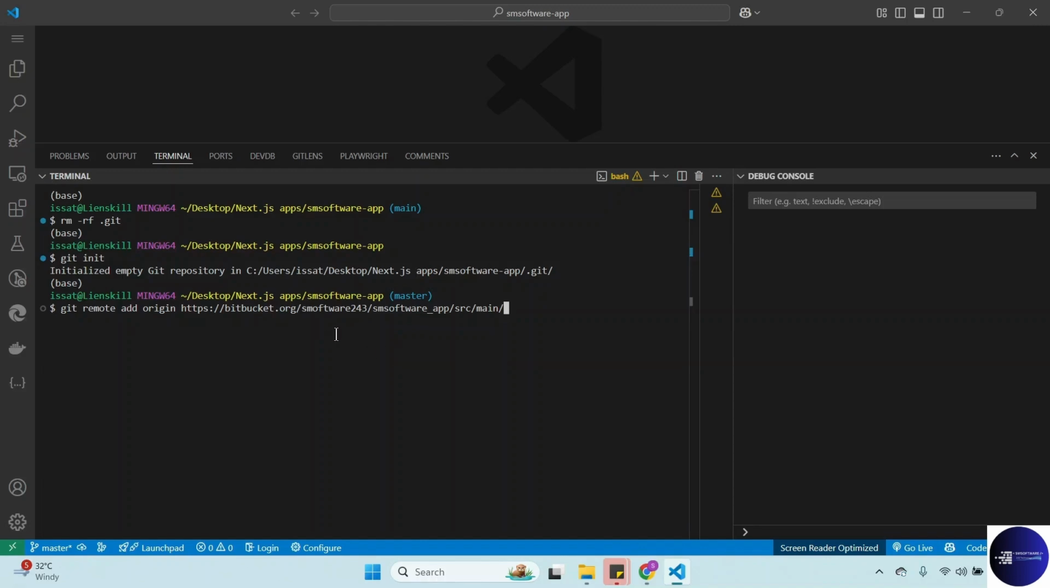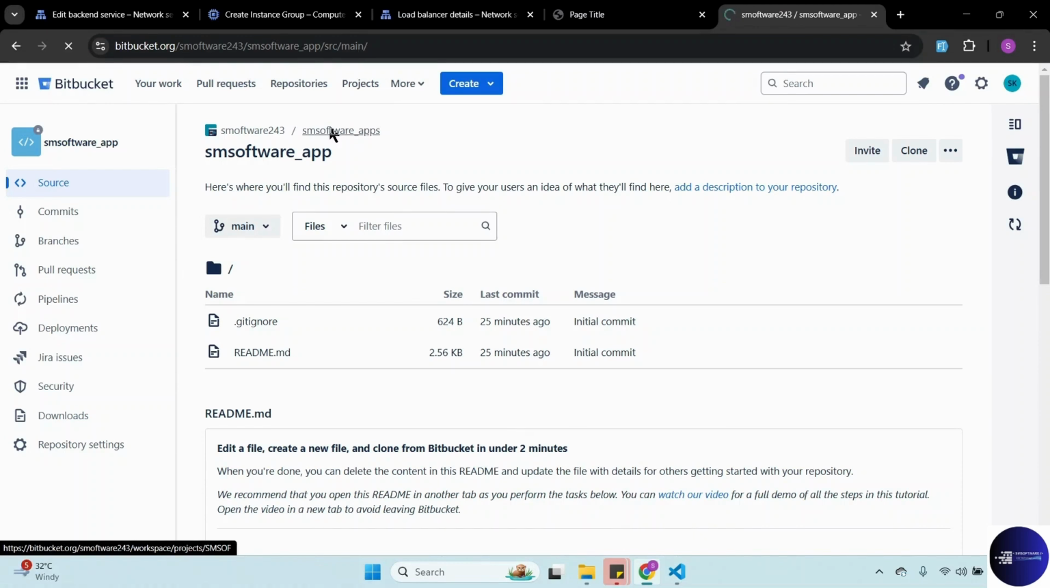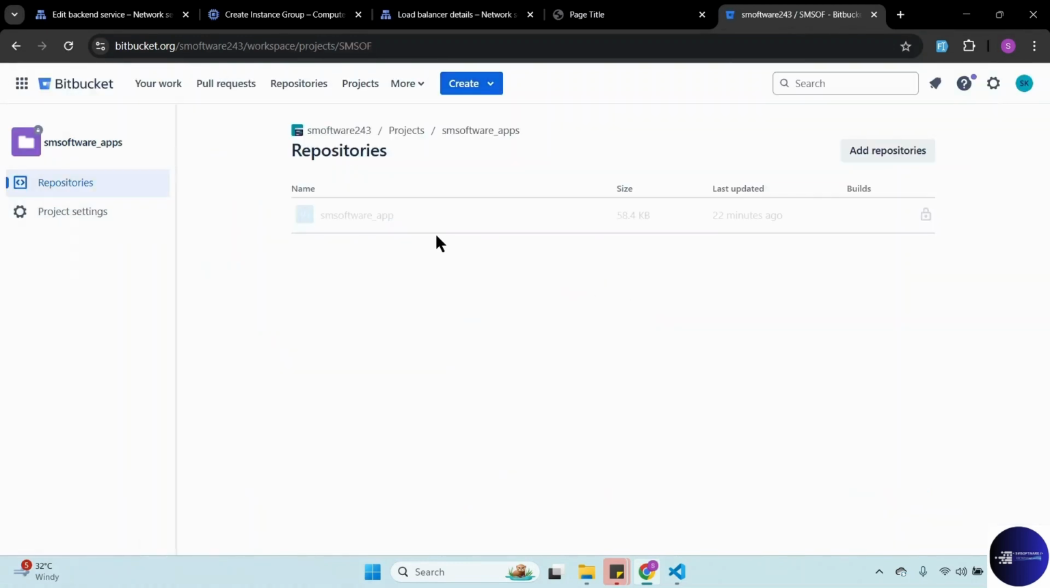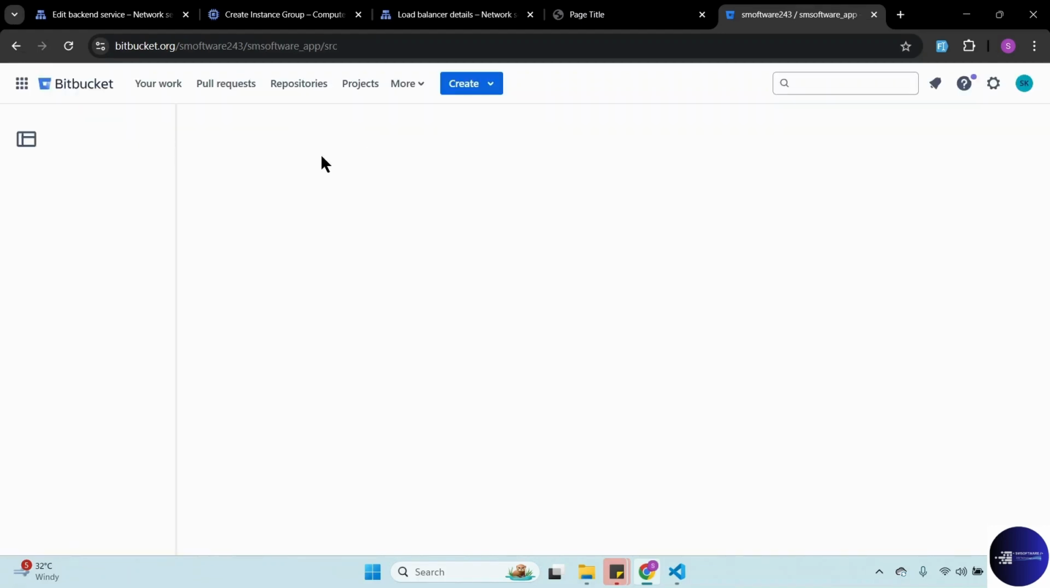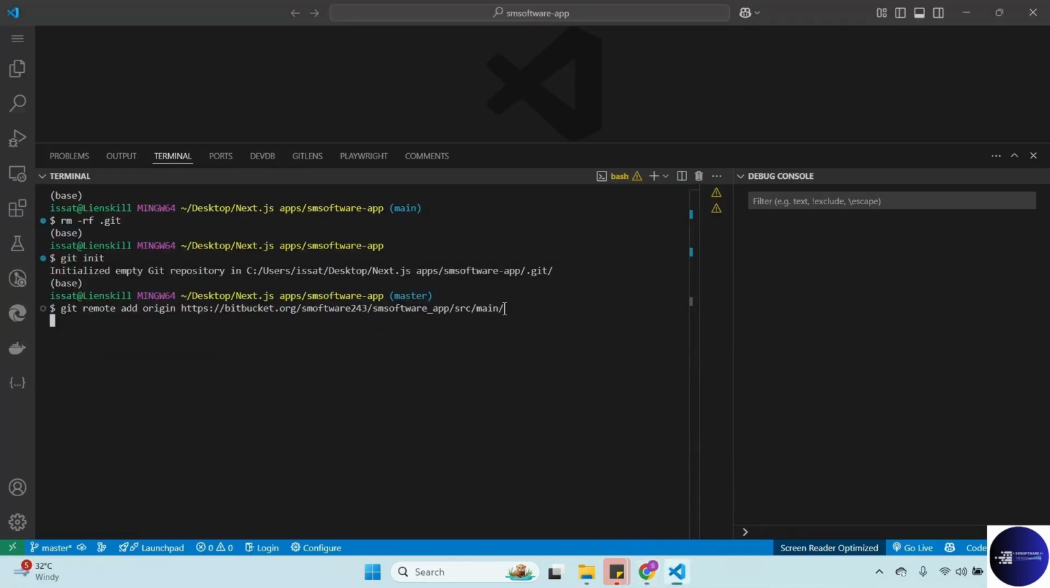Let's see, add origin apps. We want to push to this, which is apps. Okay, let's try to run the command. If it's not working, you can always come back to update the link. Doesn't matter. So I can do git add all,